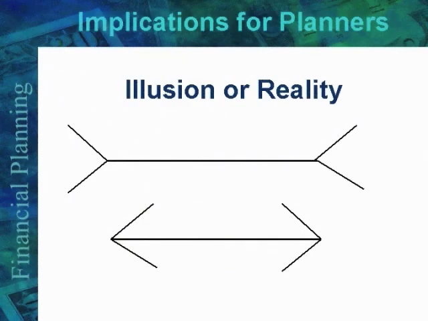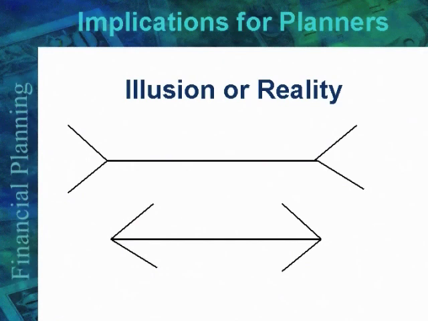You look at this picture, and the question, of course, is which line is bigger? And you know the answer. And I think if I were to ask you, you'd say they're both the same. And that's true. All right. Knowing that the 2 lines are the same, does that change the illusion that one looks bigger than the other? No, it doesn't. The top line still looks bigger than the bottom line. So even when we know we have a bias, we don't do anything about it. That's the point of this picture: even though we know that we behave like this, we are not very capable of changing it.